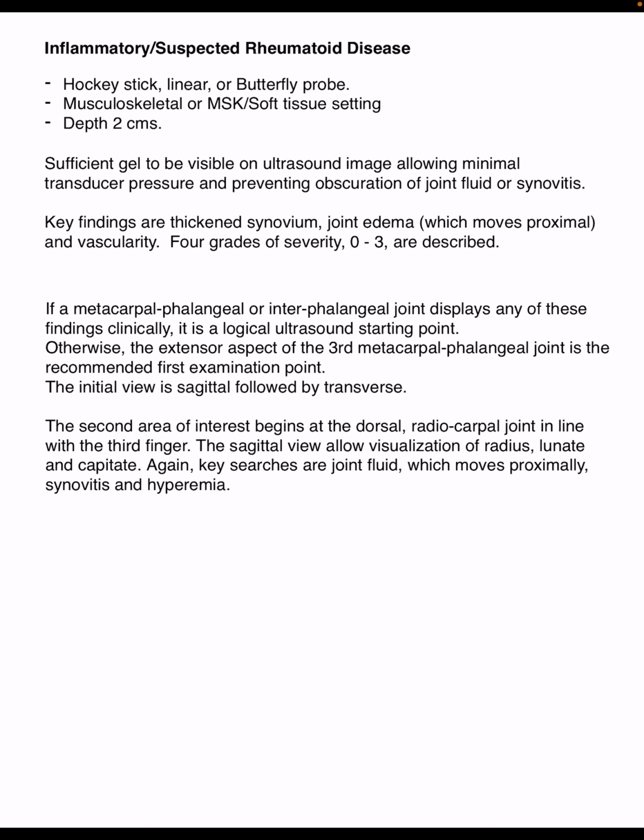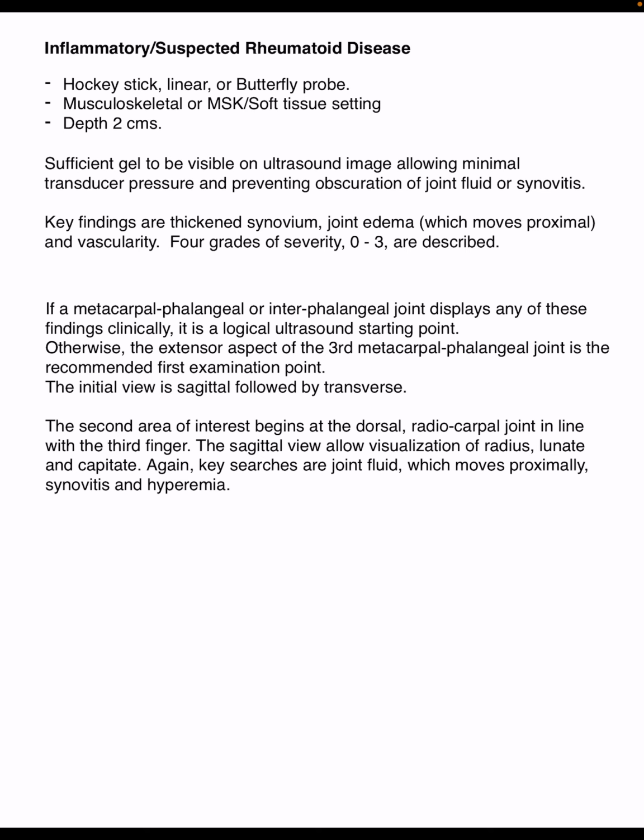Signs of inflammation or swelling, particularly in the hand, bring the suspicion of inflammatory disease, perhaps suspected rheumatoid. Hockey stick probe, linear or butterfly probe will work with a musculoskeletal soft tissue setting and a relatively superficial depth